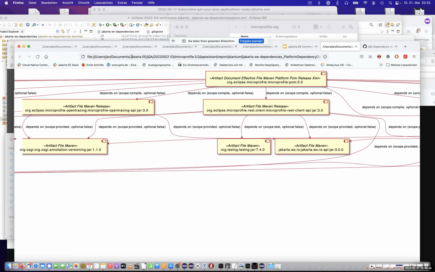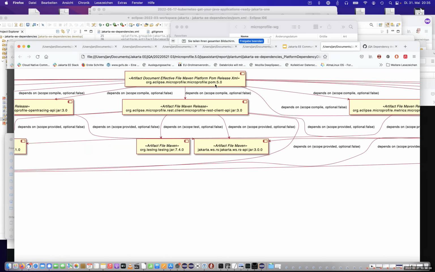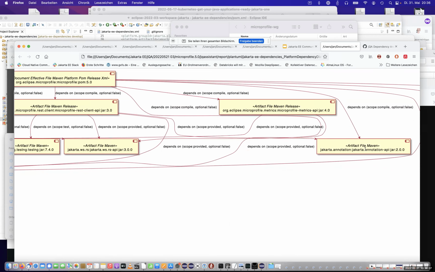You see here's the path where I stored that. I shortened that a little bit, but in the plant.uml subfolder, you find this graph. And here's the POM file on the top level, and yeah, the dependencies.